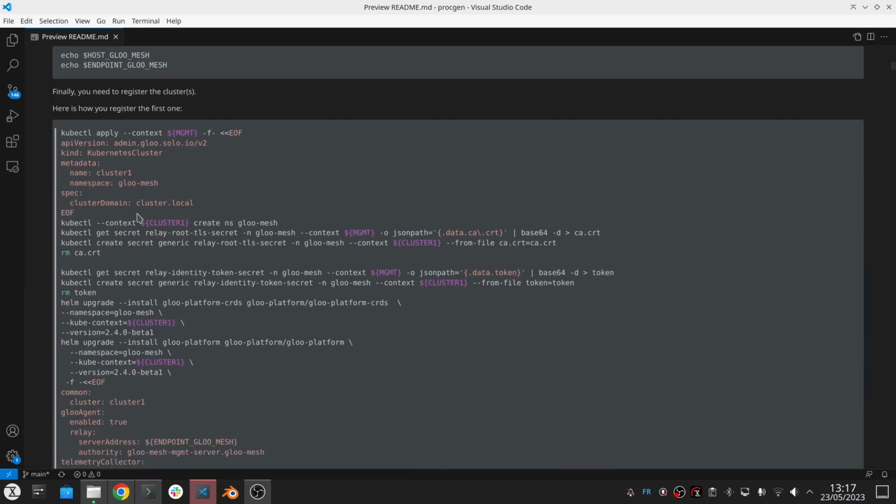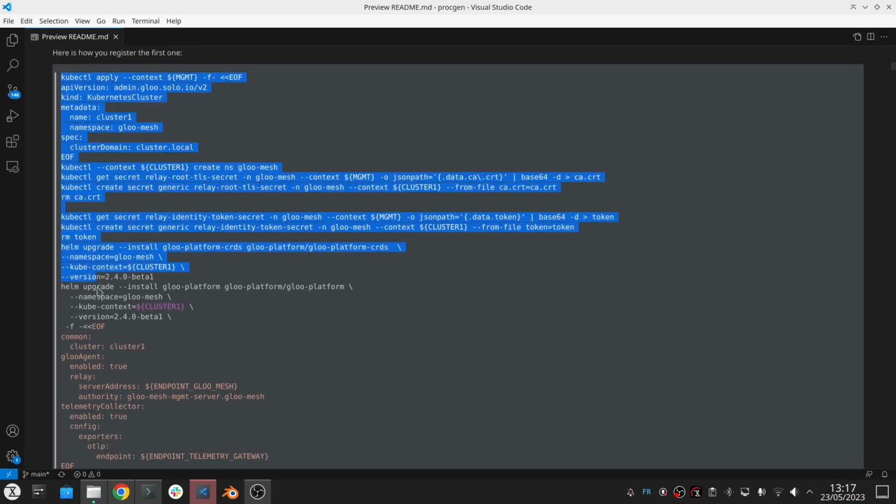We have some security mechanism to prevent someone from registering their own cluster without permission. So first of all, the platform team needs to create this KubernetesCluster object in the management cluster for the cluster that needs to be registered, and the person who registers the cluster needs to know this token, which is a token that you can rotate, which will be used to initiate the communication the first time with the management server and get the certificate so that we can get a proper mTLS communication established.